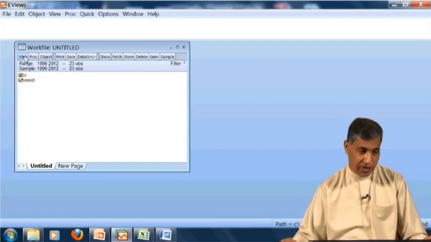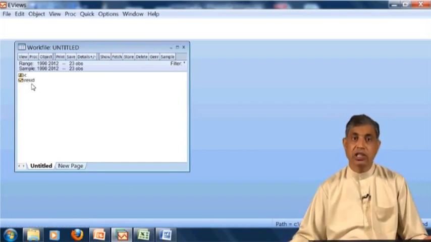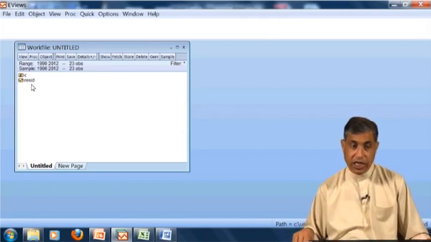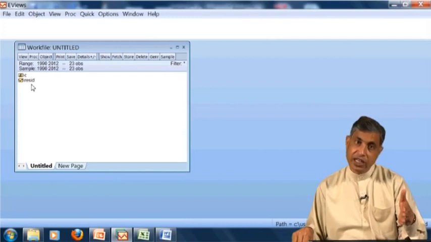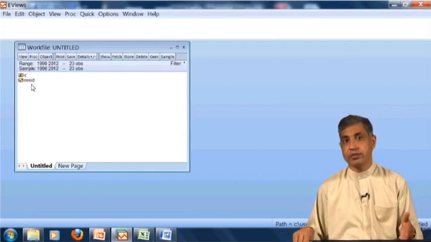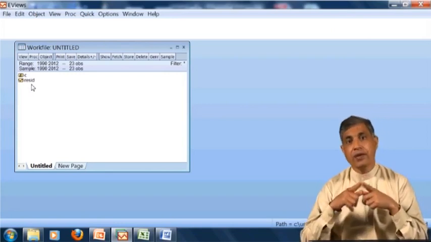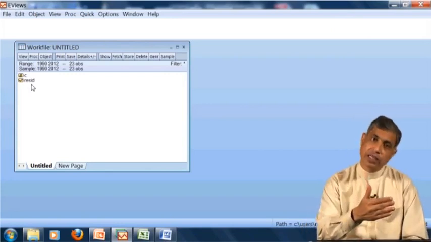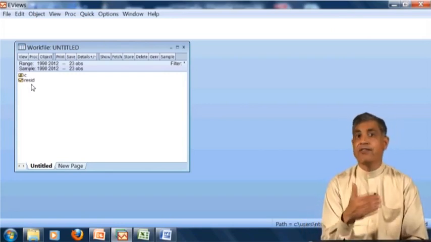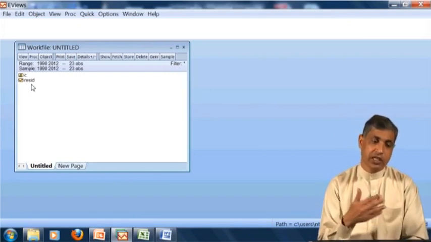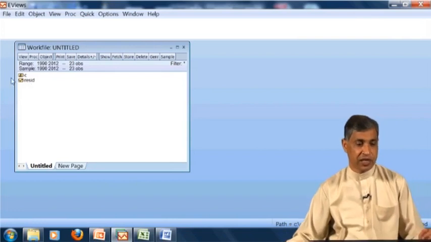Now this is a window of C and resid, meaning residual, error term, or whatever you say. Now all your variables will be displayed here. You will bring the data from somewhere. The names you give to your variables will be displayed here alphabetically.